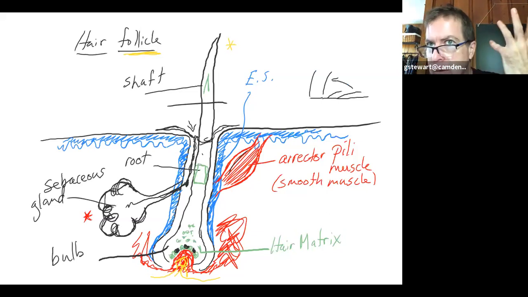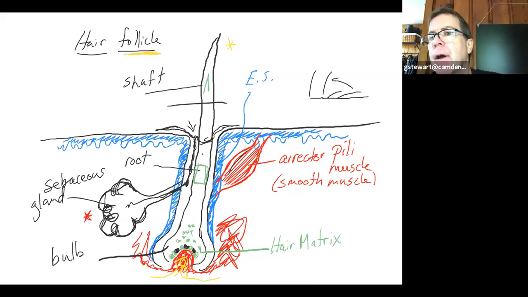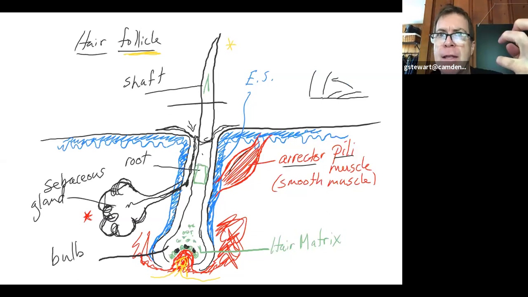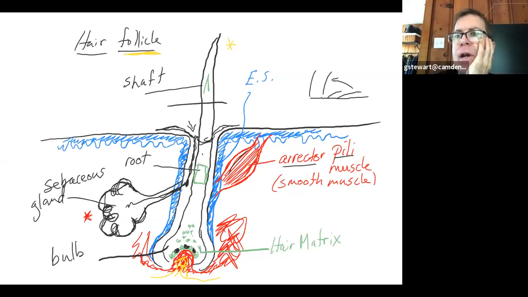If you've ever had the hair stand up on the back of your neck, it's more apparent in animals like cats and dogs. When they're threatened, these erector pili muscles all over their body contract and their fur stands up, and that gives the impression that they're larger, and it's a threatened type of response in a lot of mammals. Okay, so I wanted to go over the basics of a hair follicle,